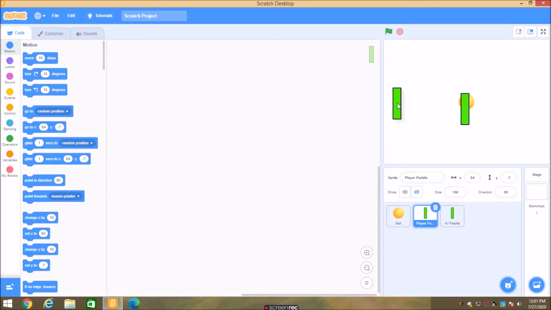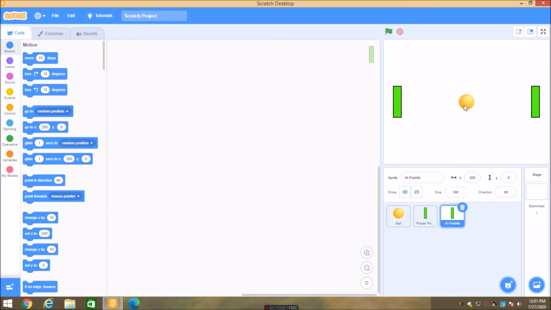Okay, I'll place it over here. I'll set the y-axis to 0, and here again the y-axis to 0, and let's set the x to 200.